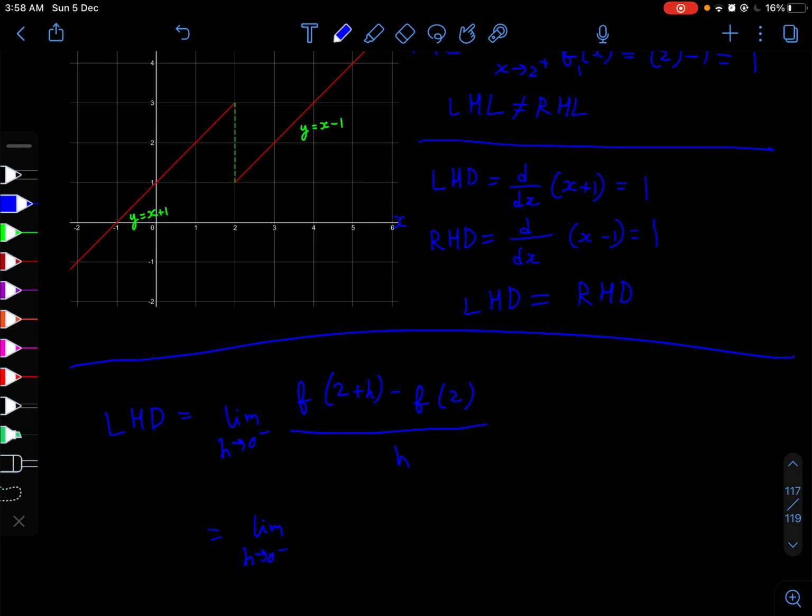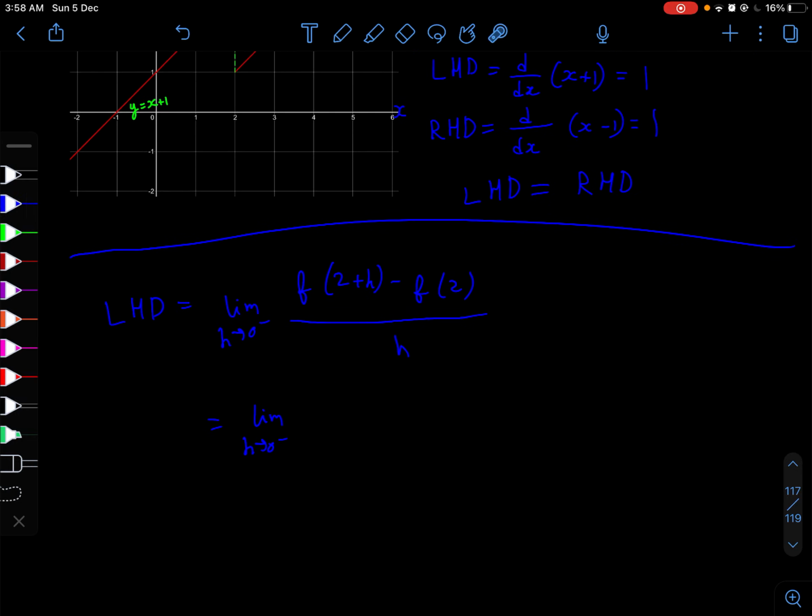So here f of 2 plus h, if we are taking h tends to 0 minus, that means that we are having values like say minus 1, minus 0.9, minus 0.8, and so on, up until